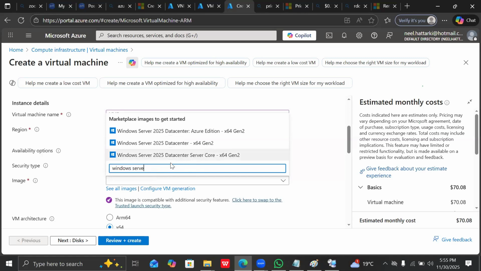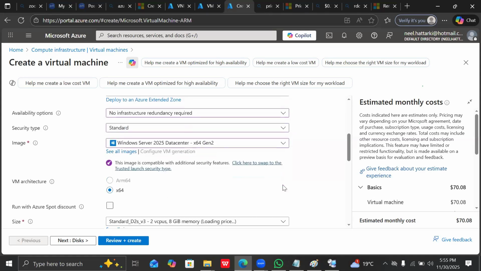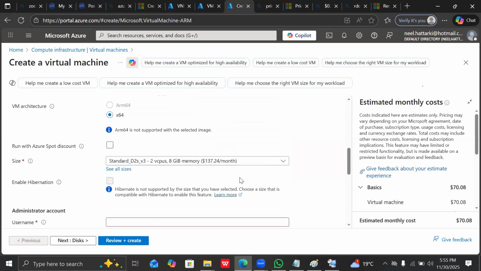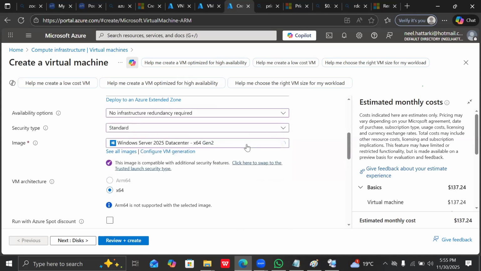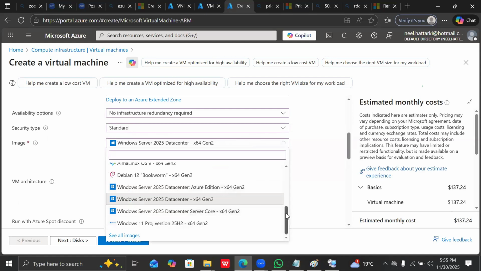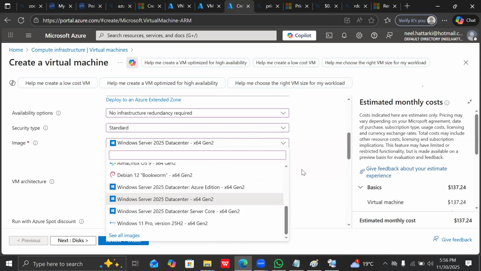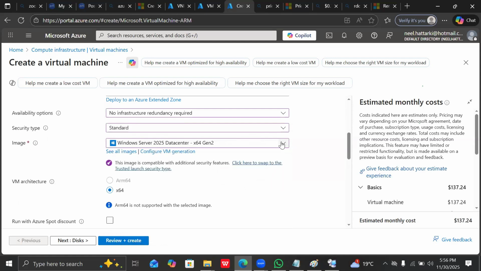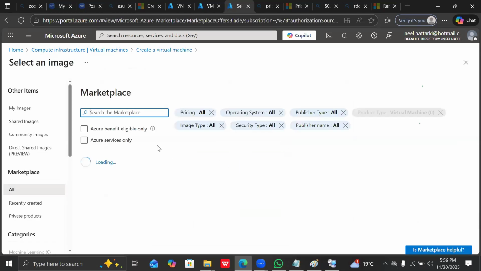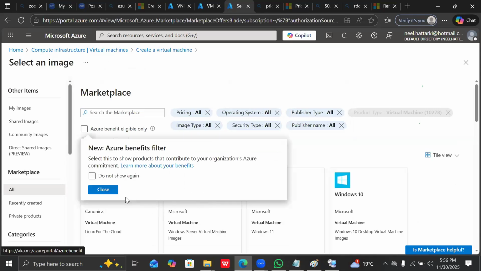I think we have used the first one. Let's take 2019 Datacenter. You can take any operating system, doesn't matter, but we need to have 2019. It would be good with that. When you say see all images, you would be able to see the list of all operating systems. And if you are looking specifically for Windows Server,